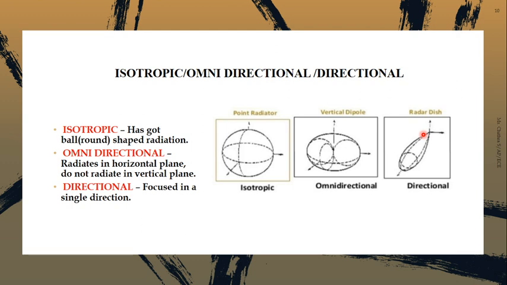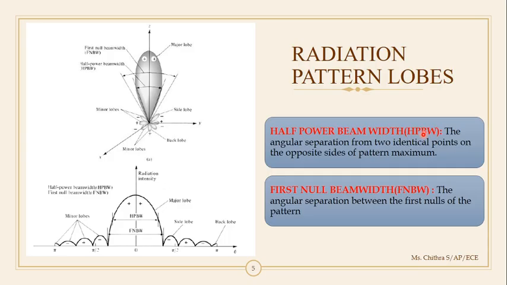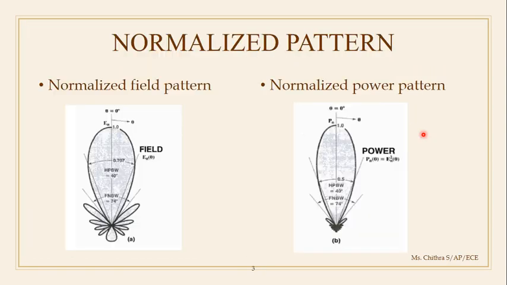So hope you're clear with the radiation pattern of an antenna. So we will have a quick summary. We saw normalized field pattern and normalized power pattern. And one more thing that we would like to know here, we have the word normalized field pattern. It is not just field pattern, but it's given to be normalized. The term normalized means when we divide the field component by its maximum value, that is what we call a normalized field pattern.